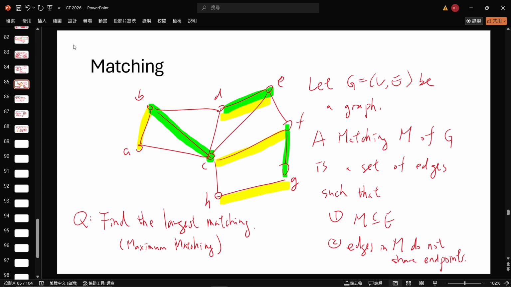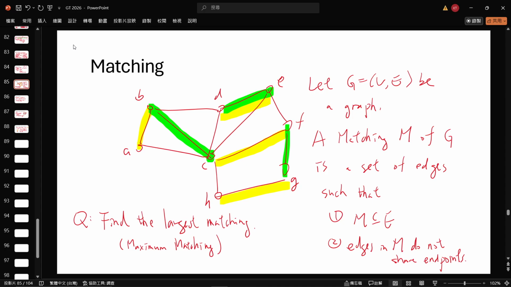because if you add this edge, then these two edges will touch each other. That will violate the constraint for matching. Similarly, you cannot add this, or this, or this. So actually, you cannot add any more edge to this green matching. This makes it a maximal matching. Maximal matching is very easy to find. All you have to do is arbitrarily add an edge,